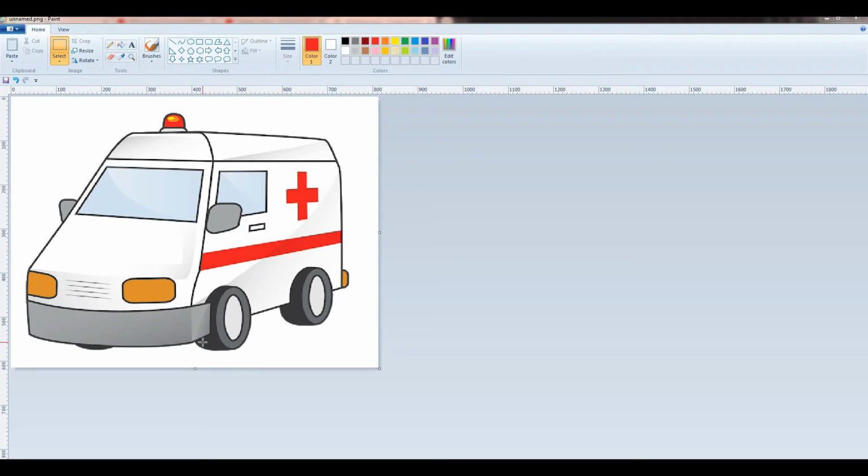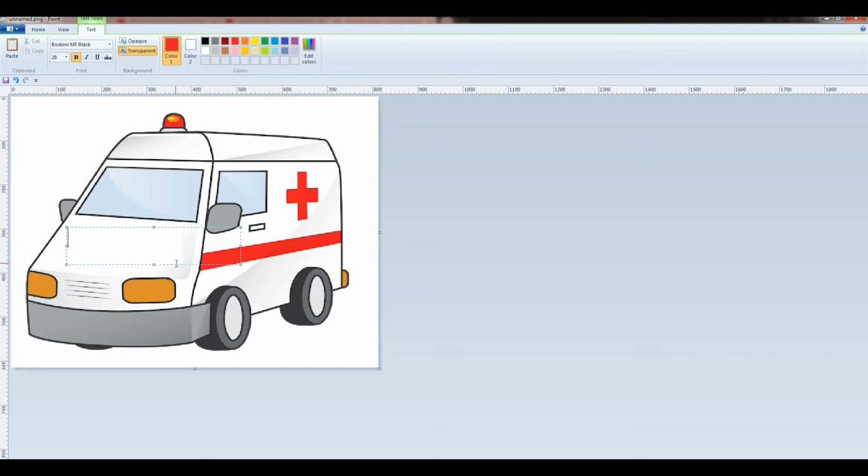Now students, we are going to do an interesting activity. Here is the picture of ambulance. Students, on the Home tab in Tools group, select Text tool. Click and drag. Now type the text ambulance.